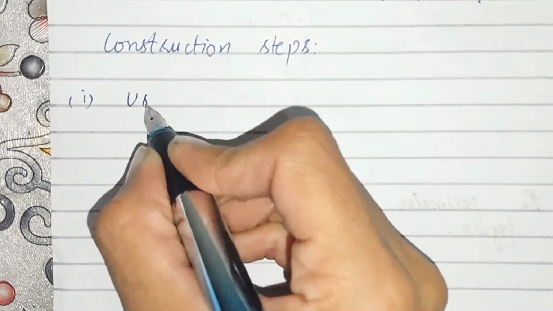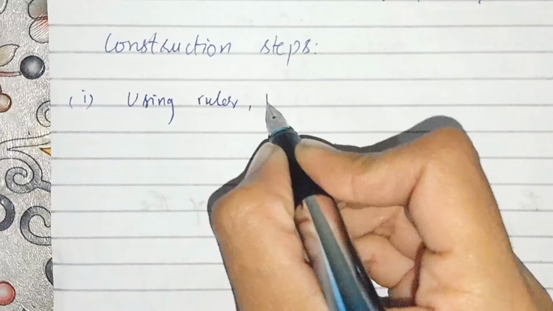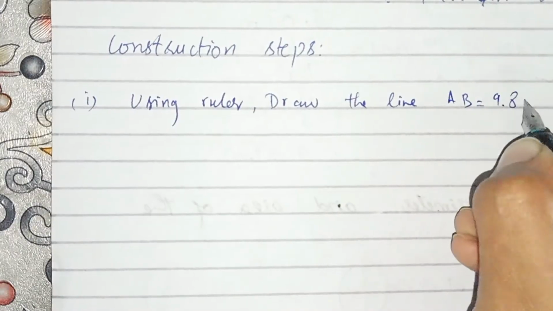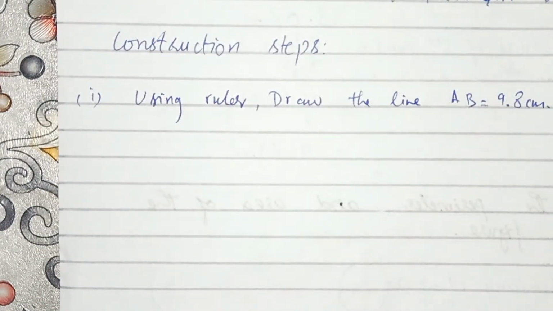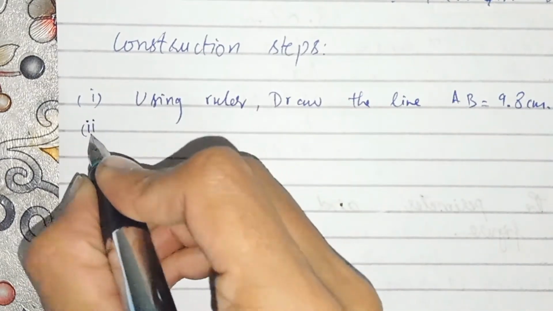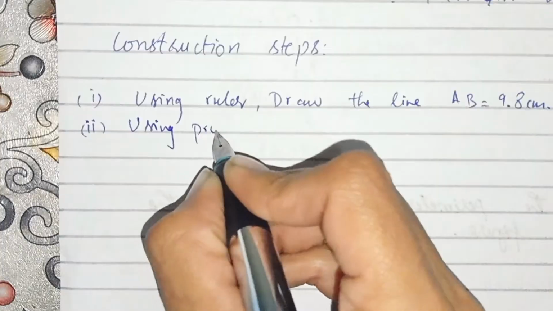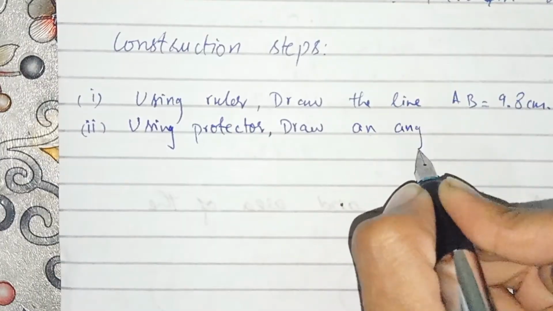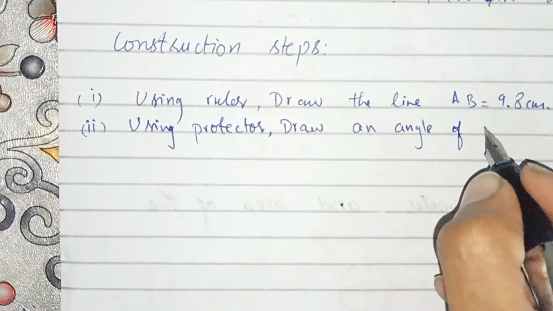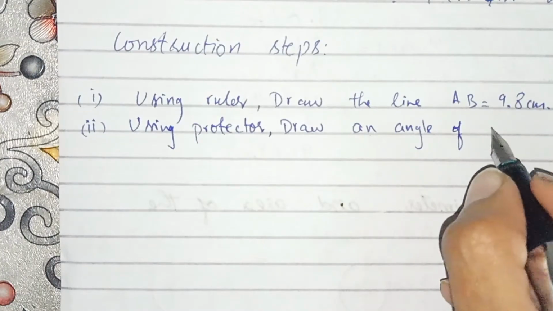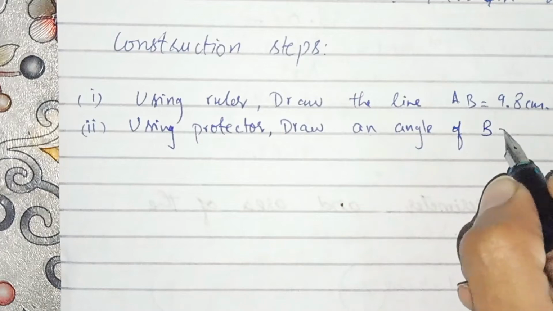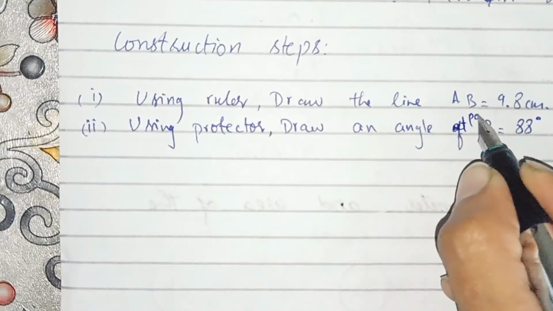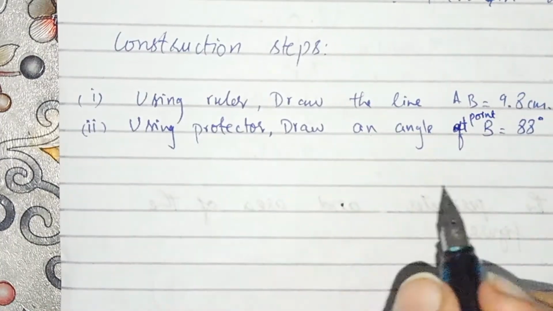At first, using the ruler, draw the line AB is equal to 9.8 centimeter, and using the protractor draw an angle of 88 degree at point B,